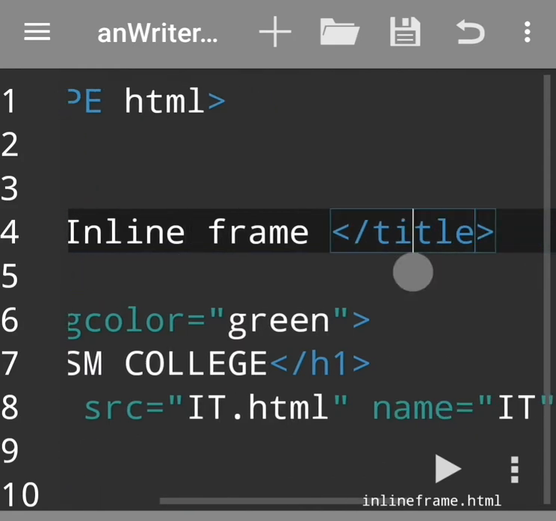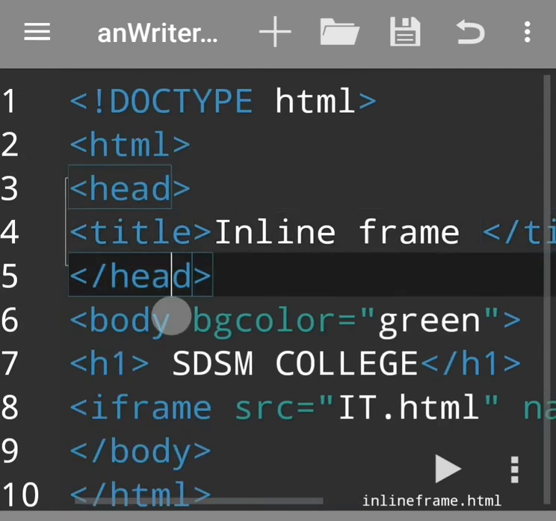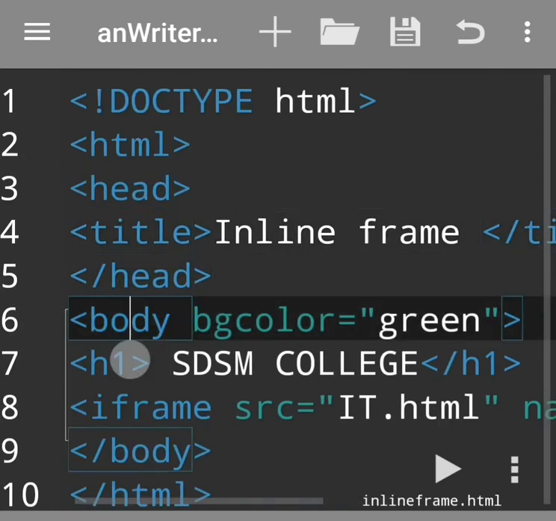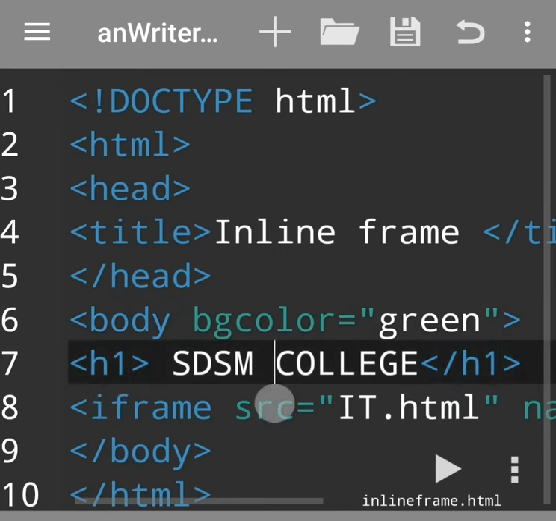Then close title tag, close head tag, body tag, bgcolor is equal to green. It will give background color green to this web page. Then to display one sentence, here I use the h1 tag. So inside h1 tag, write one sentence, that is SJSM College, close h1 tag. So this is our basic code. Hope you understood this much code.